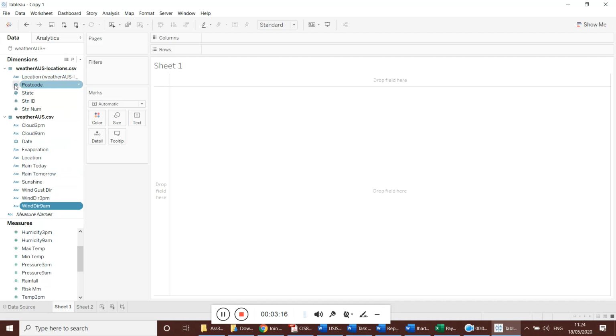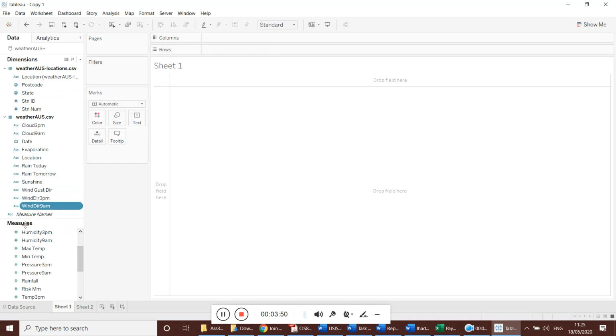Okay, so location will be a place name, and it has different characteristics, and rainfall is one particular characteristic. So we will be using location and rainfall. Location is a dimension and rainfall is a measure. So try to understand how we are using it. We will be dragging and dropping fields onto the rows and columns. When I drag something onto the rows, you can say that the location dimension is dragged onto the column, something like that. Okay, we will be discussing in that way.